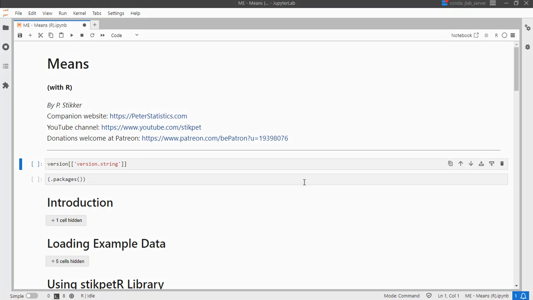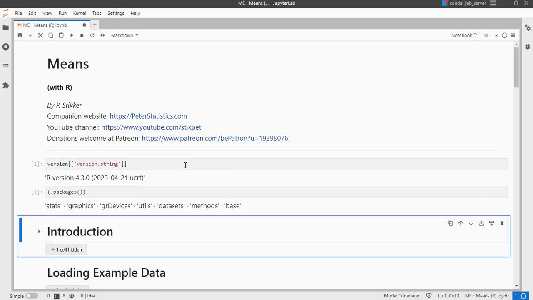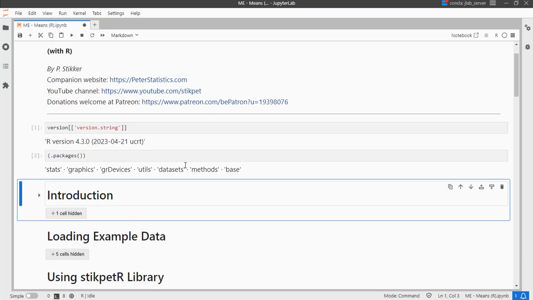Welcome. In this video I'm going to show you how you can obtain different types of means using R and my stikpetR library. I'm using Jupyter Lab, but all the R code should also work in, for example, RStudio. I'm having R version 4.3 and the only things that are at the moment installed are the basic packages that